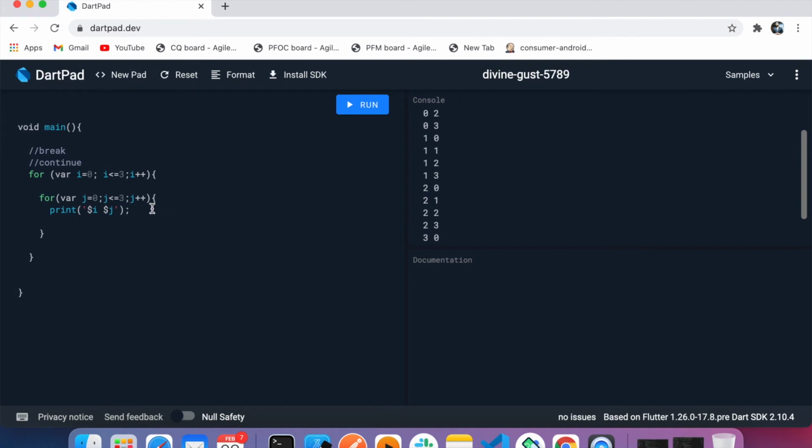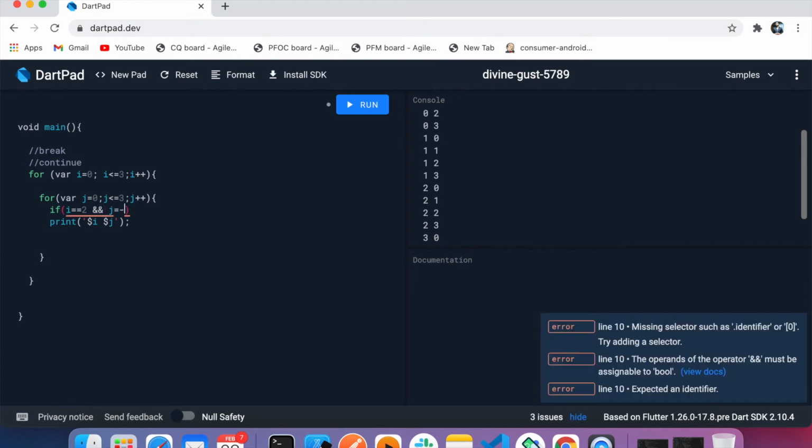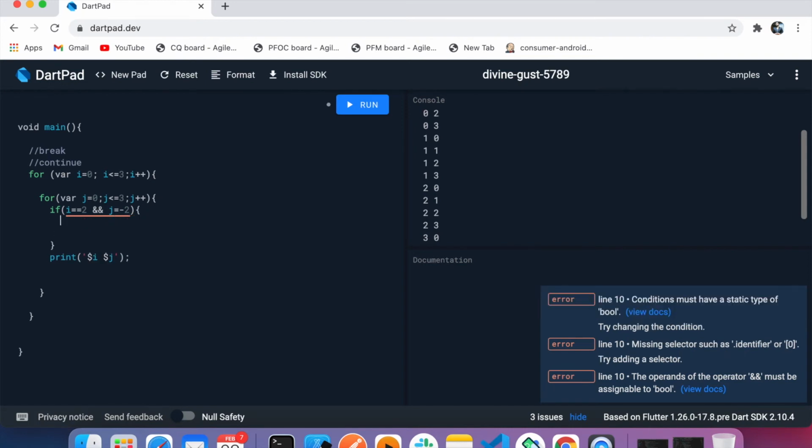So let me use one break statement inside this. I'm giving one condition: if the i value is 2 and the j value is also 2, then it will break.